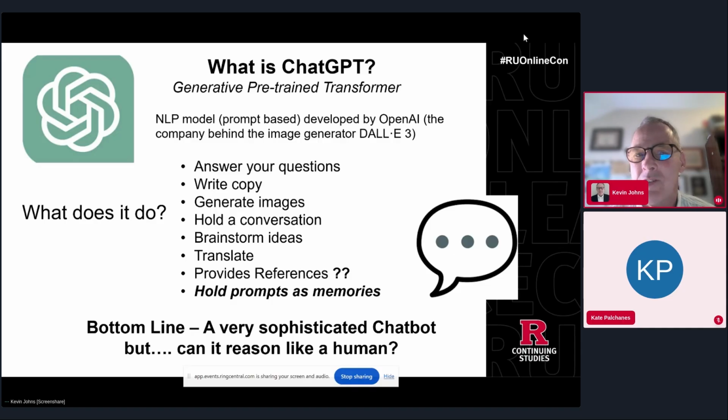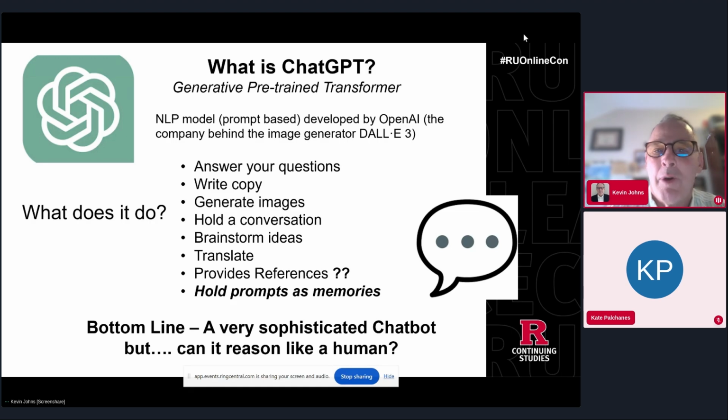It'll answer your questions. It'll write copy for you. It'll generate images. If you give it a picture without any words whatsoever, it'll tell you exactly what that picture is all about, where it came from, who's in it. I did this with a picture of a college graduation at a stadium, and it didn't have any writing on it or anything like that. And it told me exactly what the school was based on its colors, and what was going on in terms of it being a college graduation.